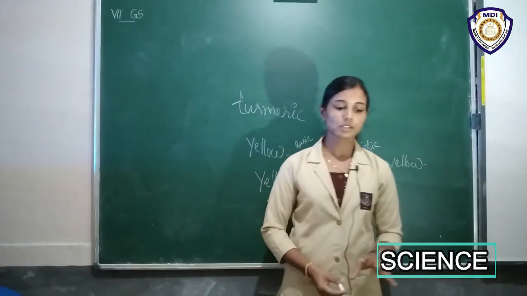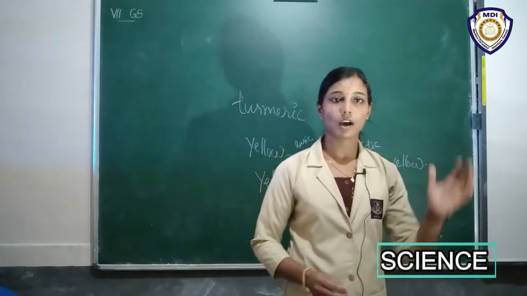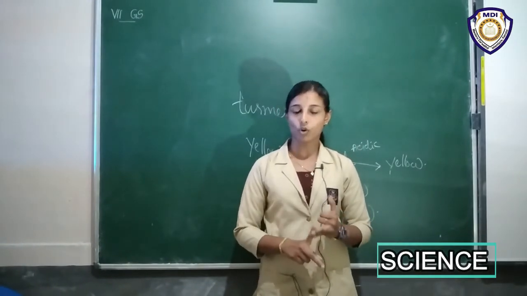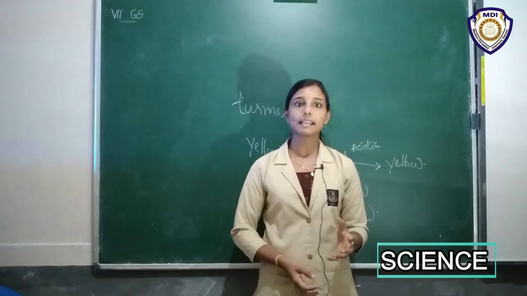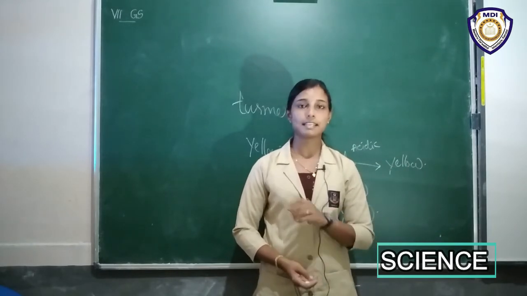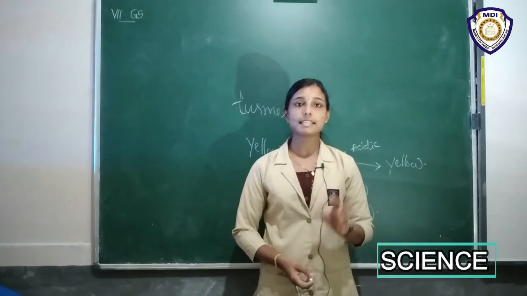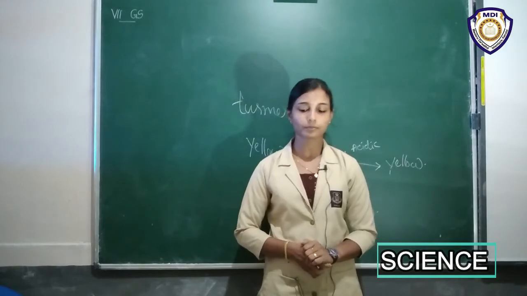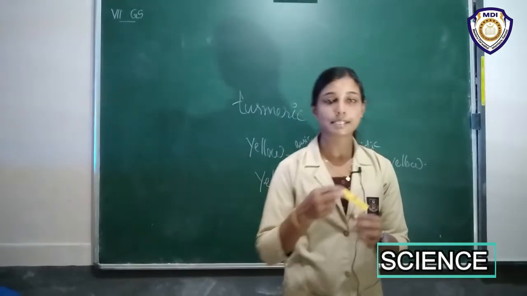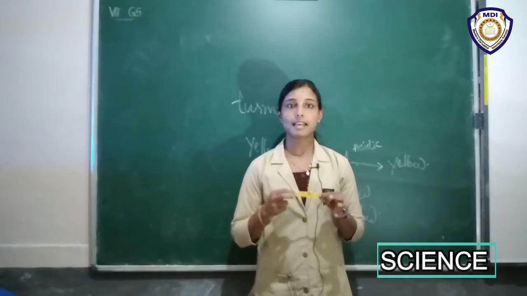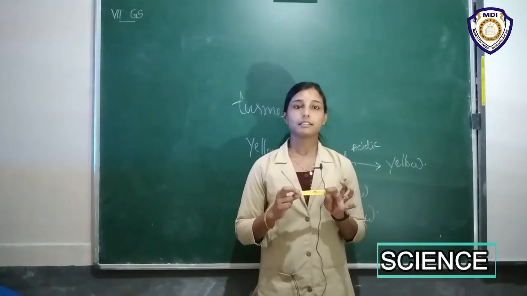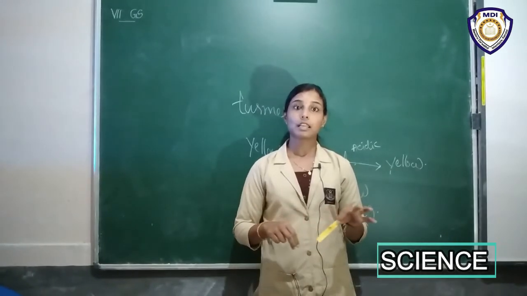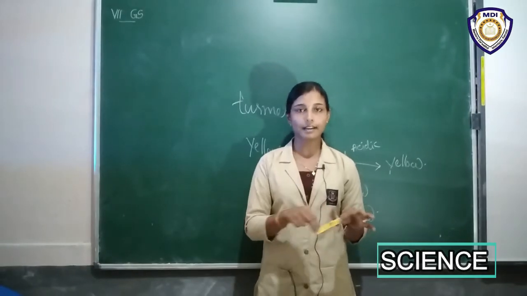Okay, so that is about turmeric indicators. So now we have discussed litmus and also turmeric. So I hope you understood what inferences are made by these indicators. These indicators indicate whether the solutions are basic, acidic or neutral. So you can do this experiment on your own. You can just take a paper, make it into small strips, dip it in turmeric paste, and dry it.